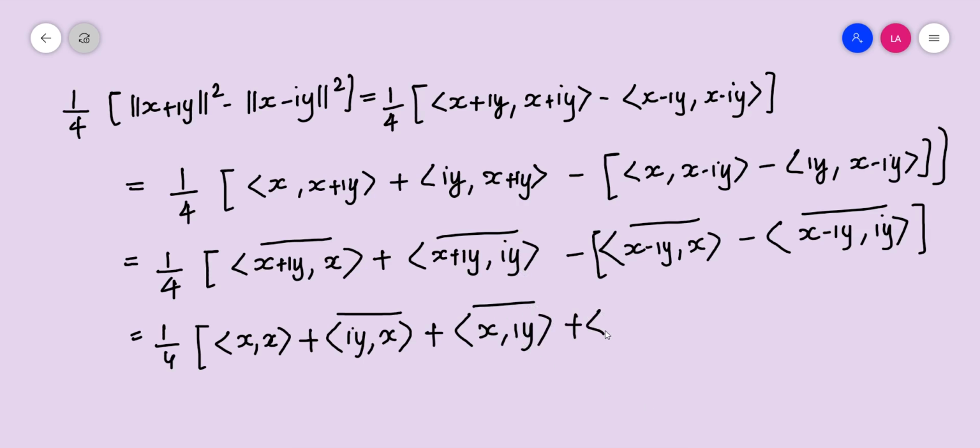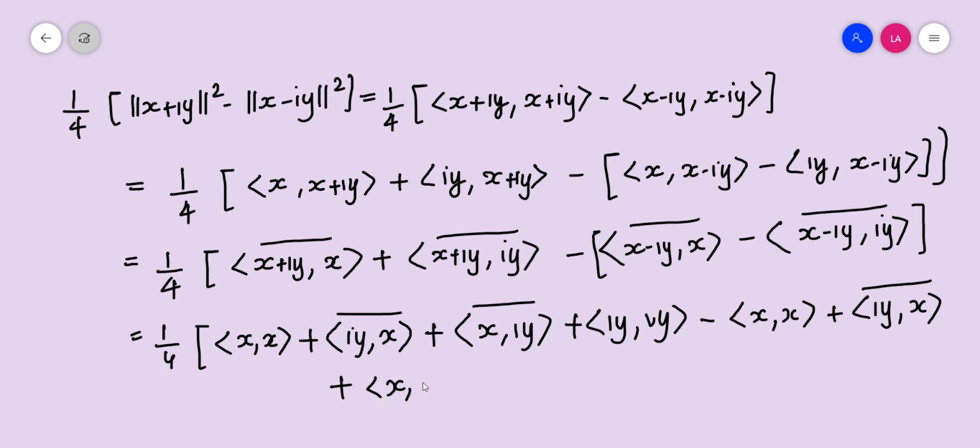Iy conjugate, which is inner product iy, minus inner product xx conjugate, which is actually inner product xx. Next there's a minus, so minus times minus is plus, plus inner product iy x conjugate. Next there's a minus times minus, plus inner product x iy conjugate. So plus inner product x iy